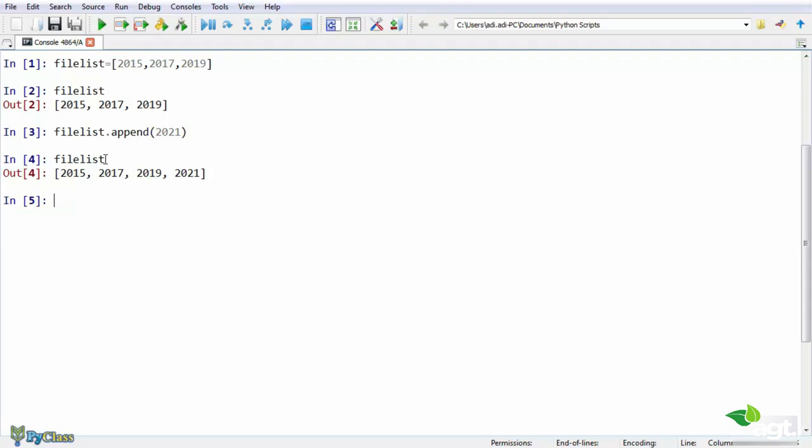Now, lists are indexed, meaning that every element of the list, every item of the list, has a certain index starting from 0. So for our list, 2015 holds an index of 0, 2016 has an index of 1, and